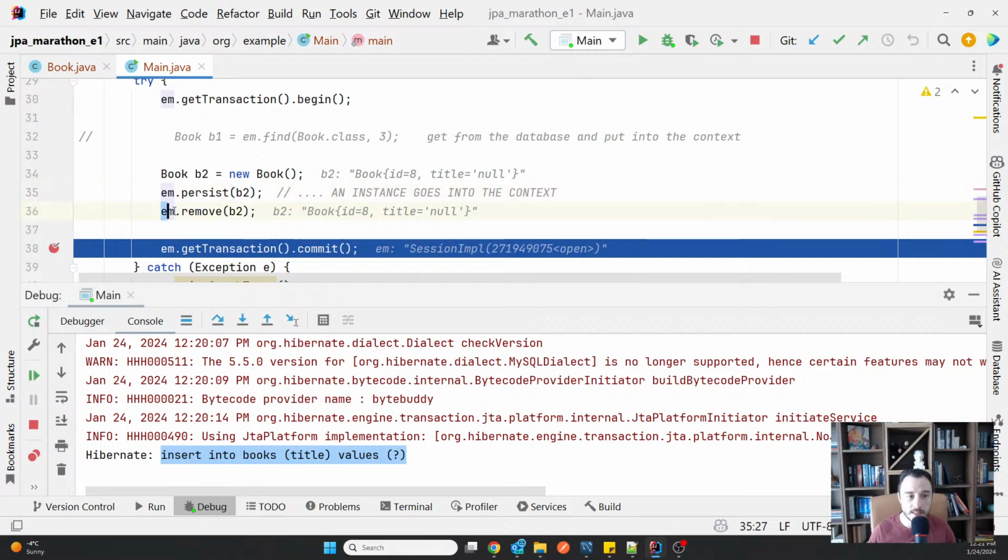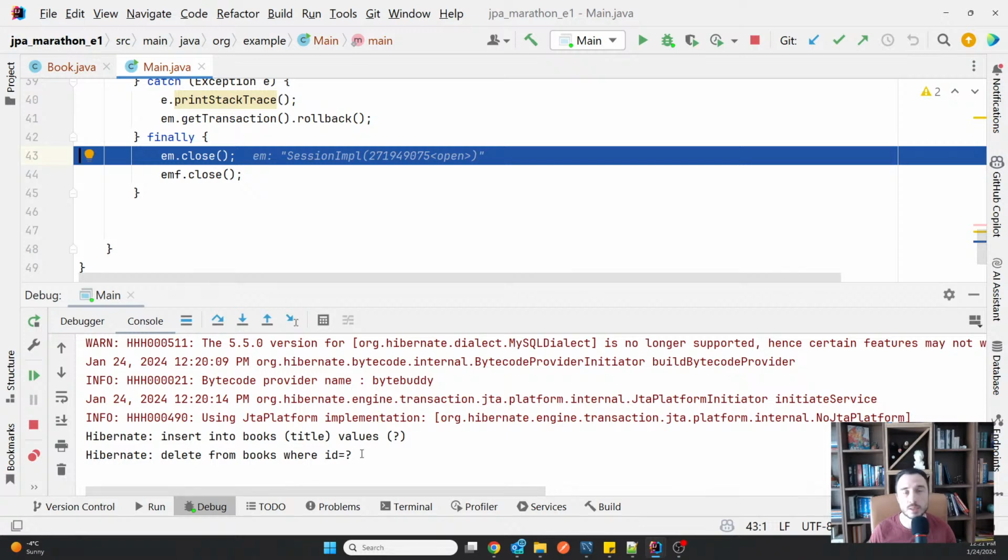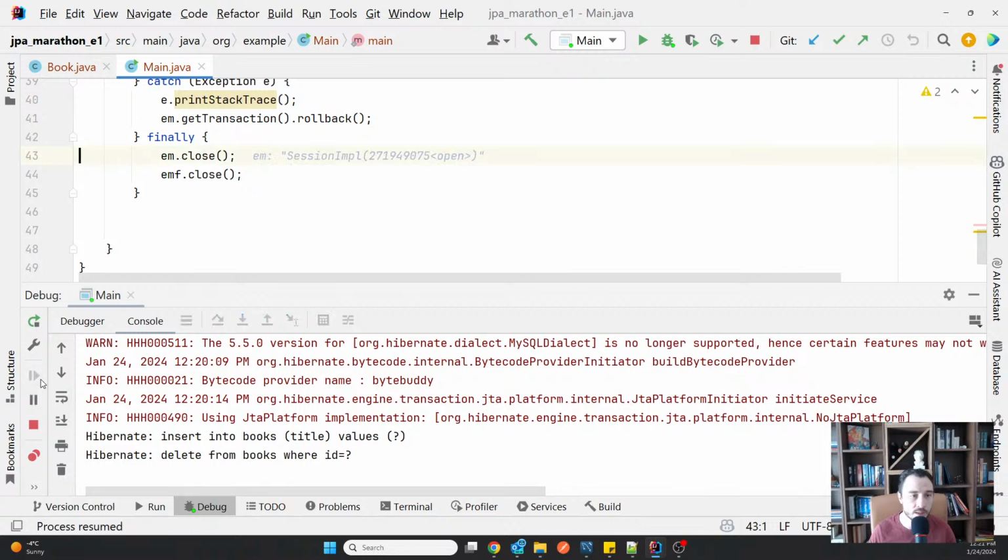So this didn't generate a remove. This one, for a reason I will explain immediately, generated an insert. So you can see the insert happened. You can see we passed over the remove. We are just before executing the commit, but the remove didn't happen even if you executed it. But if I go one line down, the delete appears as well, and then of course everything closes.